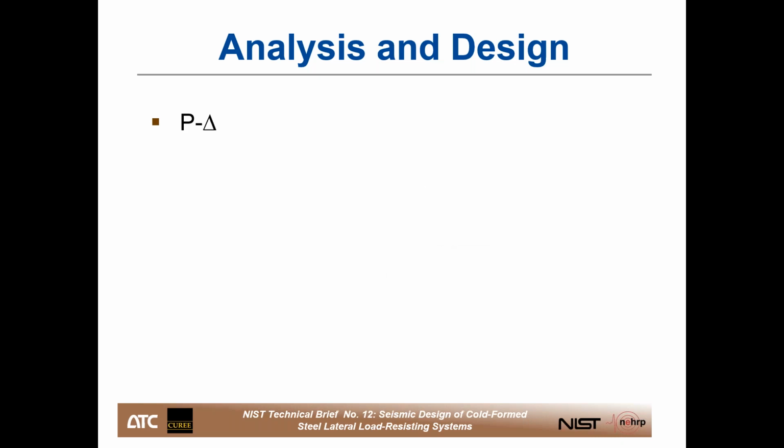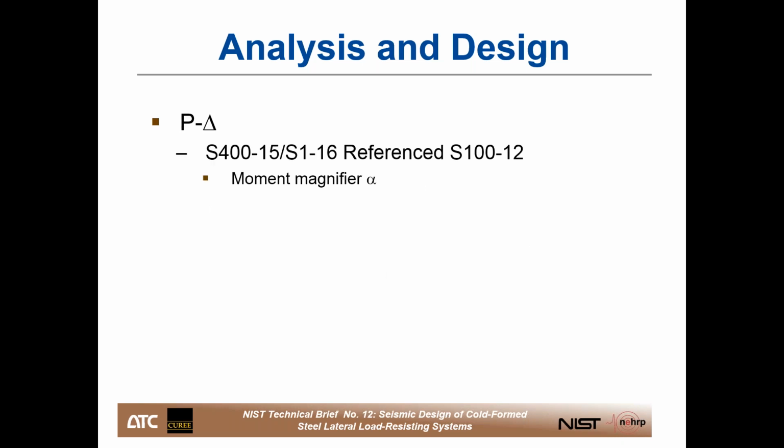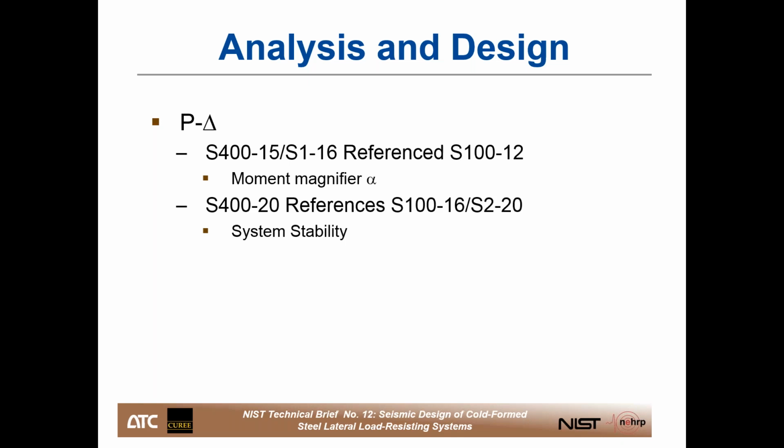So speaking of P delta, now is probably a good time to dig into that a little bit. S415, even with the 2016 supplement, referred back to AISI S100-12. And AISI S100-12 utilized a single moment magnification term, alpha, to account for increased moments due to member deformations. S240 references AISI S100-16, which incorporates system stability requirements that are actually more reminiscent of an AISC type analysis. So providing for system stability can be achieved with a rigorous second order analysis, including the stiffness reductions,